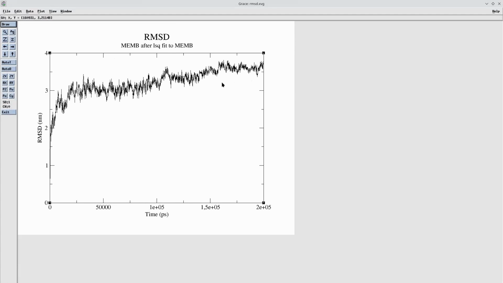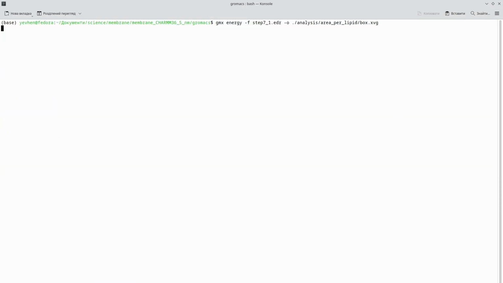Initially, I carried out a 100 nanosecond simulation, and based on the RMSD curve, I thought that the membrane had already relaxed during 100 nanoseconds, but as you can see now, there was a certain drift after 100 nanoseconds. You can't really rely on RMSD only to determine membrane relaxation, which is why at the next step I have